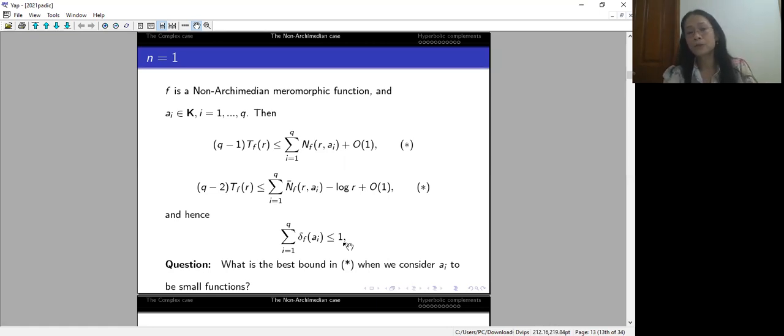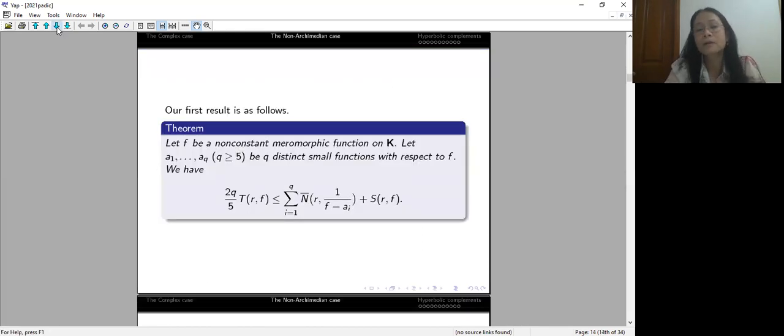And similar to the complex case, the question is if we can change the constants to be small functions, and what will happen? So remember, for the complex case, we can get exactly the same, but in the case of p-adics, we don't get that. And what we can get here, this is the result I worked on with my student,